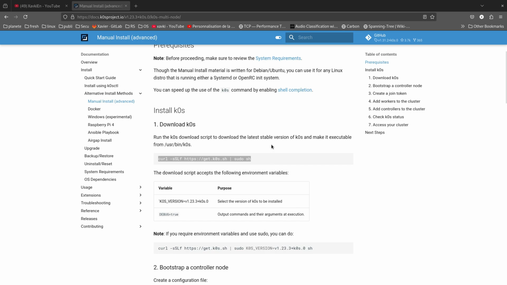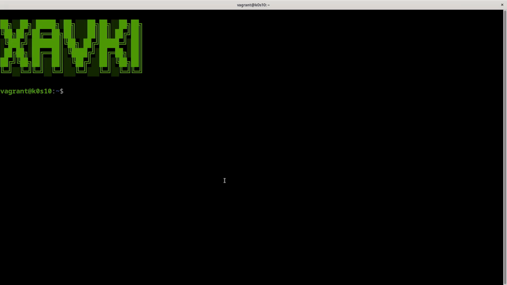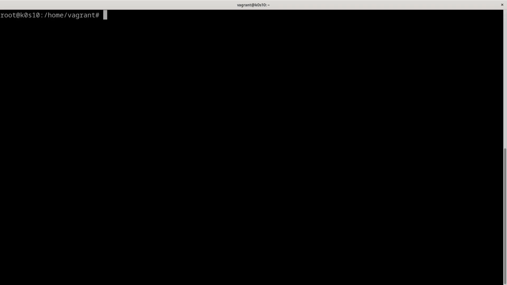So don't forget to learn about it. And if you want to install a specific version, you can specify it with an environment variable like this.